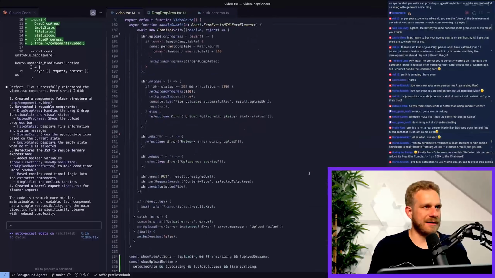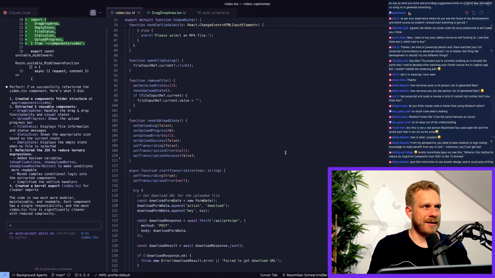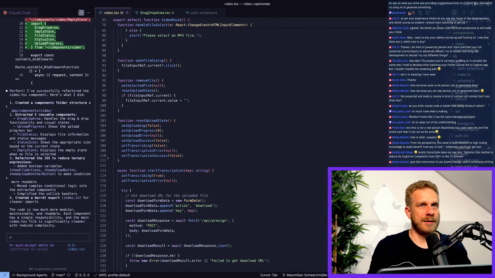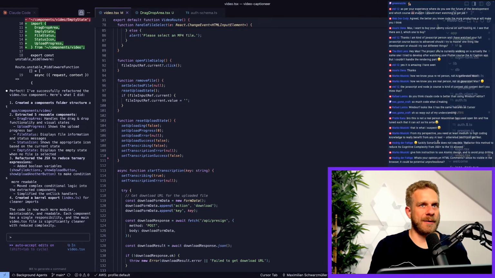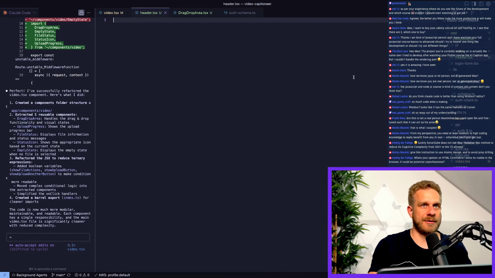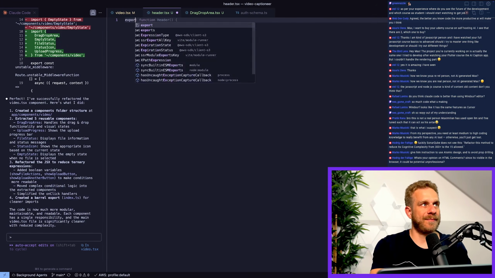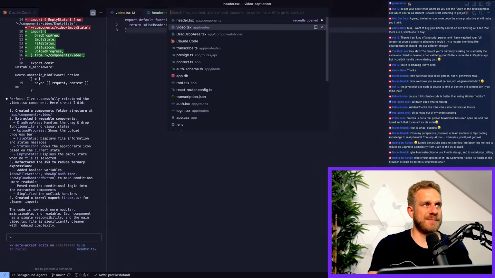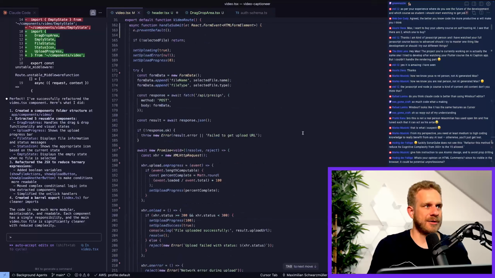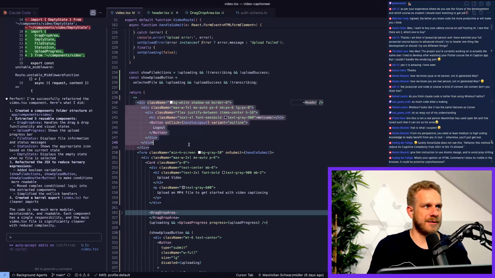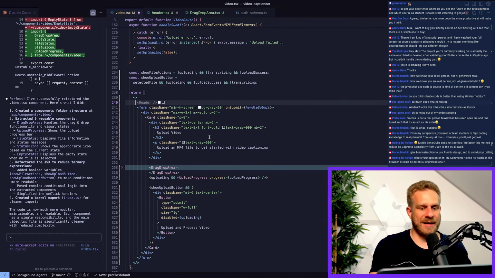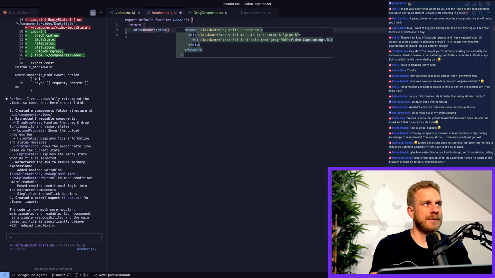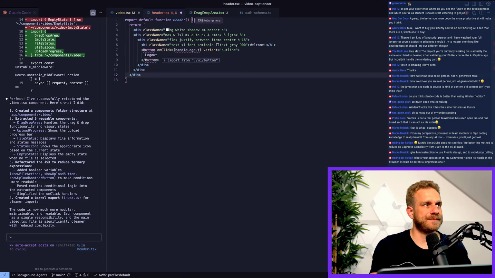Yeah, so definitely get that out of there. And I will go to my components, and I know this is hidden by the chat, but I'm just creating a new header TSX file in my components folder, and in there I'll export this header component here. Want to grab that, return this here,